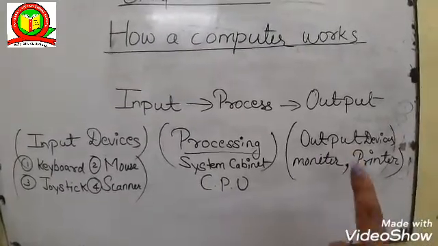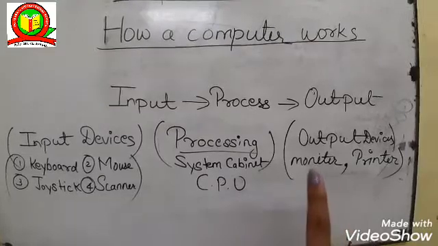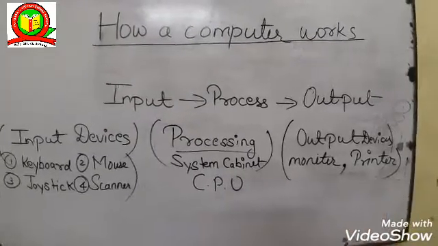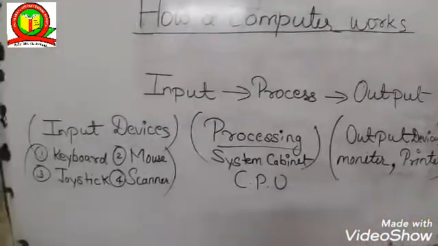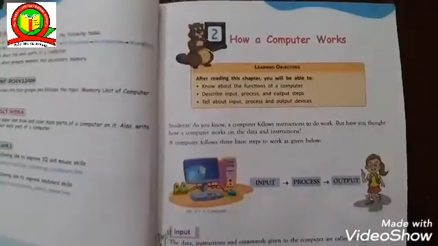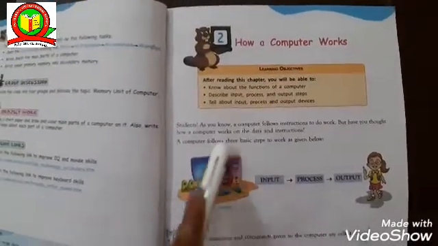Now the third, output devices. Which are they? Monitor and printer. Let's read from the book. Okay, now